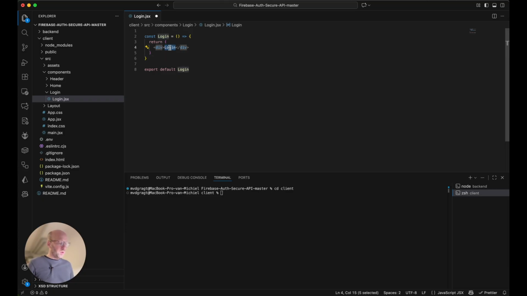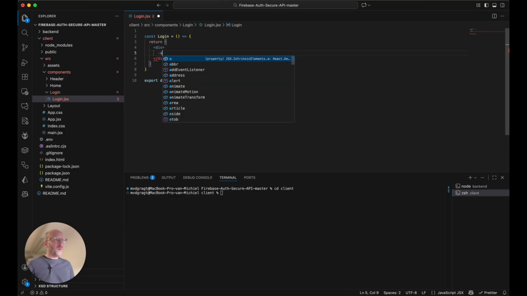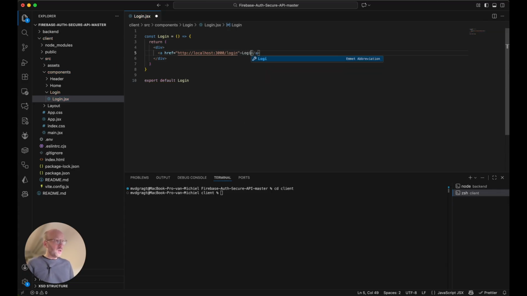And I just want to return. And I wanted to go to http://localhost:3000, and then we're going to log in. And then we're going to call it login, and we're going to do the same for the log out, because